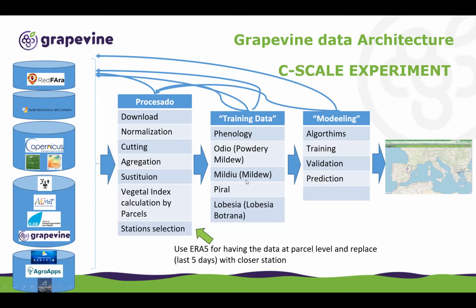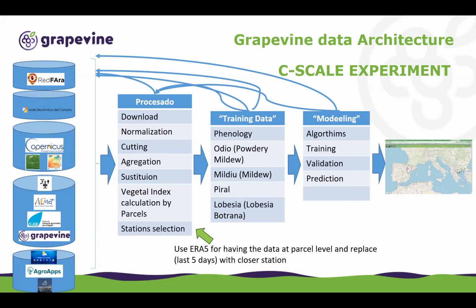What we want to do in this experiment is take advantage of the capabilities provided by CScale for accessing Copernicus and ERA5 data. What we are going to try is to test whether, using ERA5 data, it is possible to obtain better predictions at the parcel level. In this case, we are going to use ERA5 estimations for creating the vegetal indices and all other derivative indices from climatic data, but instead of replacing the failures in the climatic station,